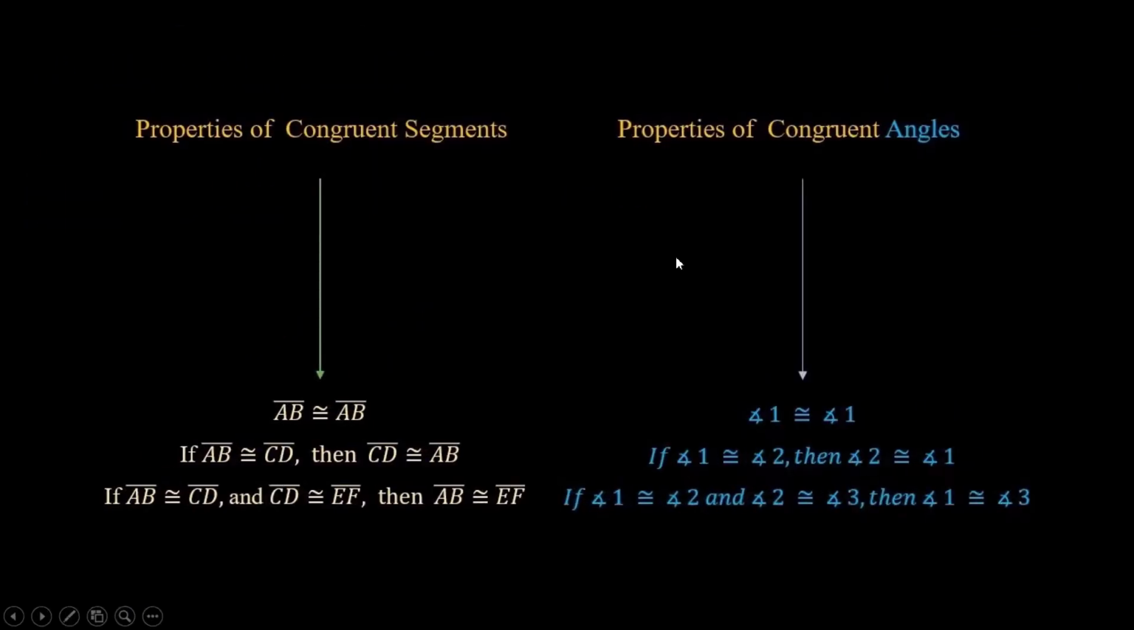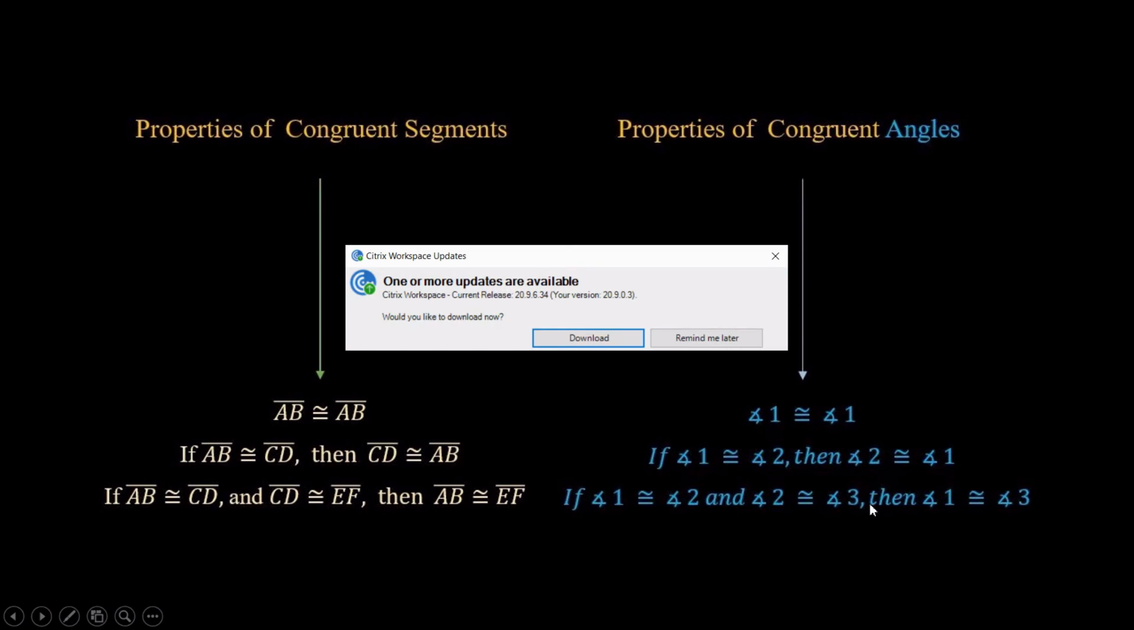Okay, so before we finish, let's just review what we have learned. I shared with you today first some properties of congruent angles: the reflexive, symmetric, and transitive property of congruent angles. The reflexive property of congruent angles: an angle is congruent to itself. The symmetric property: if angle 1 is congruent to angle 2, then angle 2 is congruent to angle 1. And the transitive property states that if angle 1 is congruent to angle 2 and angle 2 is congruent to angle 3,